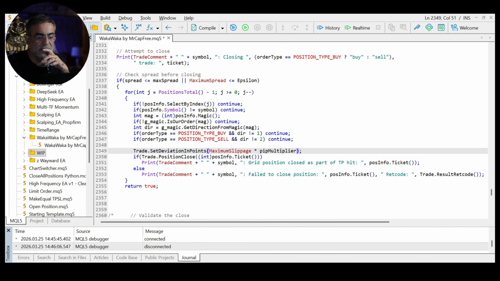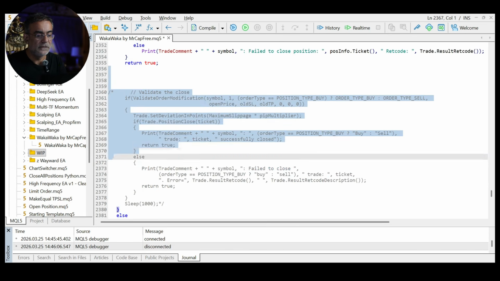We set the slippage, and then we try to close the position. And if the position closes, then we say that the grid position is closed as part of the TP hit. And if not, then we say fail to close the position, and we get the result, the description. And if we are able to close everything, then we return true. Otherwise,